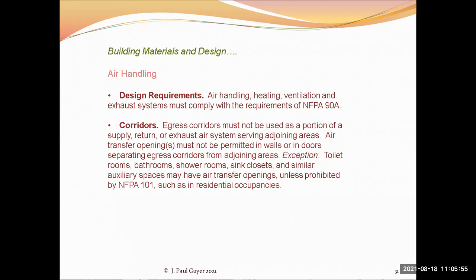flames can be transmitted through the air conditioning ducts, and most importantly, smoke very quickly can be sucked out of the location in the building where the fire breaks out and quickly distributed to other occupied spaces in the building. So the smoke is particularly hazardous. The current state of the art, if you will, as far as air handling systems in buildings, from a fire protection standpoint, is that